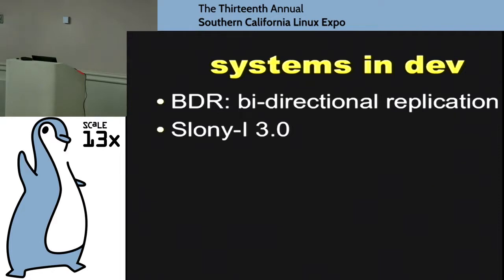Slony, if anybody has used the old Slony replication system, they're revving it so that you can still use Slony and it gets rid of all of the triggers, which was a big part of the disadvantage of using Slony, and can now use the logical decoding system. And so that'll be more standard single master replication, but it'll be single master per table, giving you a lot more flexibility and the ability to do things like upgrades.